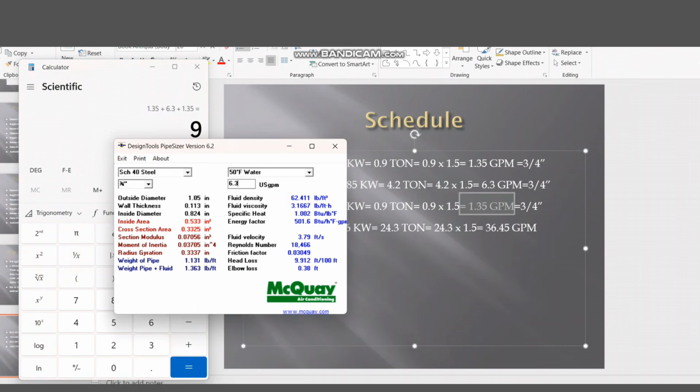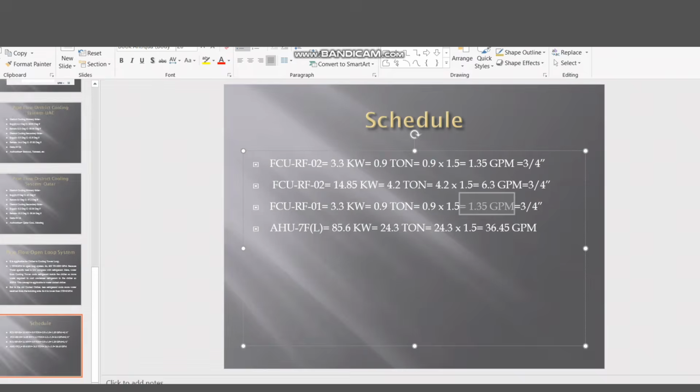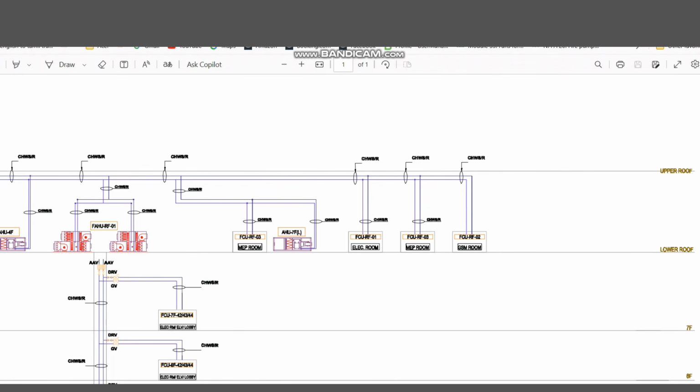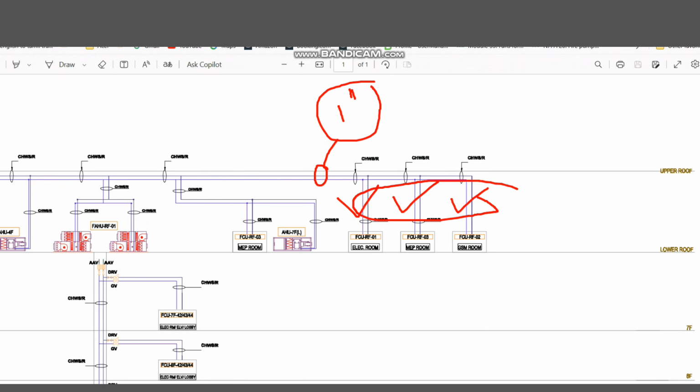So if you go to the sizer, let me try with 1 inch first, 9 GPM. Okay, the velocity is okay, 3.34. Let me try again with the old size, 3/4 inch, and the flow is 9 GPM. You see the velocity is exceeding 4 feet per second, so it is not acceptable. So I need to go with the next higher size, 1 inch, and 9 GPM. It is 3.34 feet per second. So if you go to the drawing, the pipe size at this point is 1 inch, and we decided the pipe sizes for these 3 individual pipes.